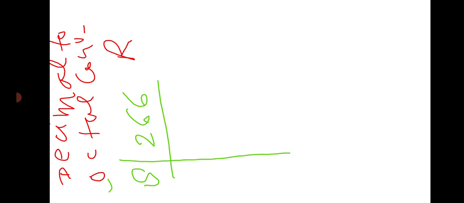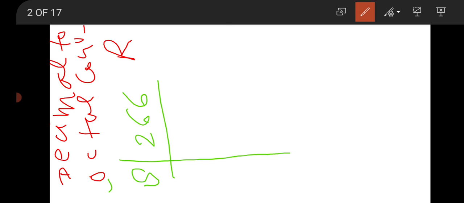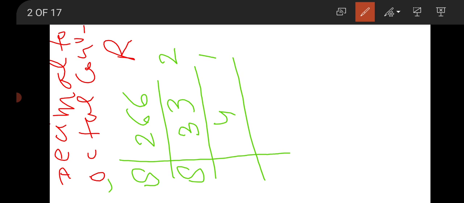Now we are going to divide this number. If we divide it by 8, this will go 33 times and the remainder will be 2. Again we are going to divide it by 8, then 8 4s are 32, and the remainder will be 1. Again we are going to divide by 8, then when the number becomes small